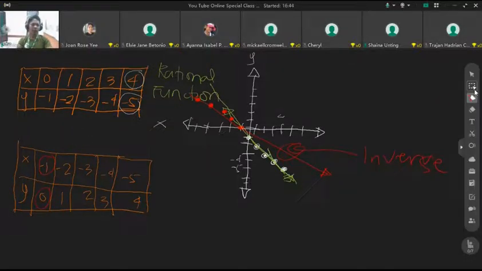Please take a screenshot because we will erase. That is the first example. And by the way, before I forget, this kind of